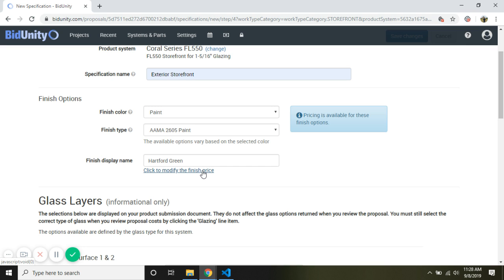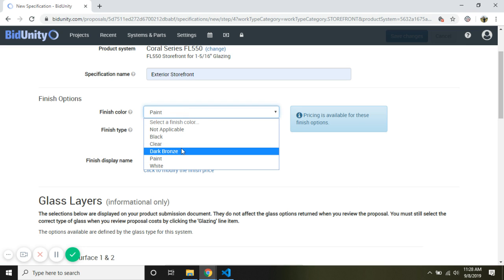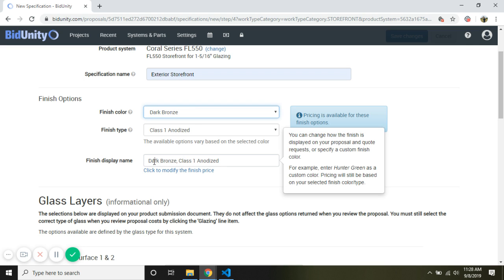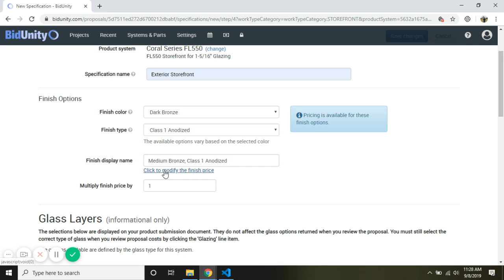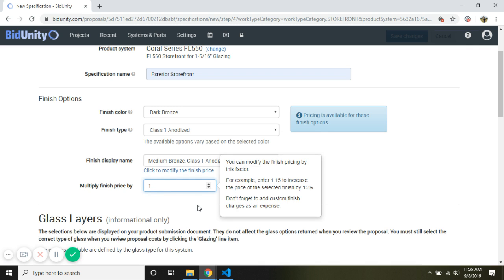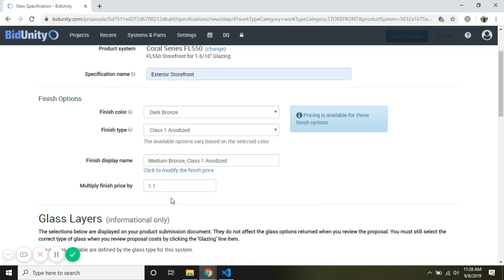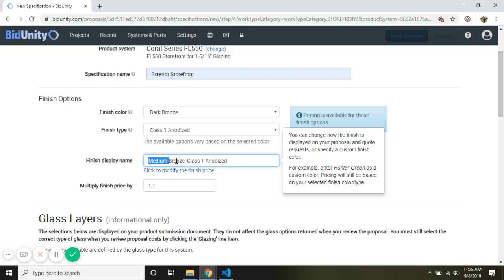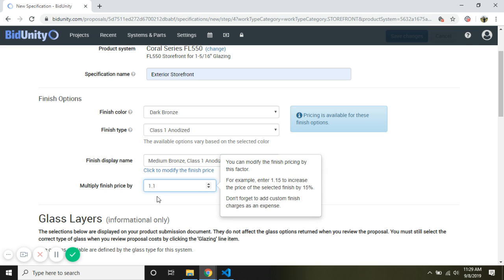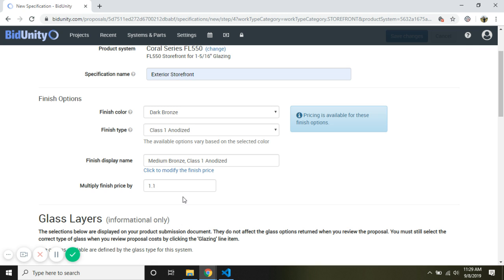And suppose that we have a situation where we have some custom special type of an anodized finish. Maybe we want medium bronze. And the supplier says charge an extra, or your cost is going to be an extra 10% on the medium bronze, then we can just simply modify the dark bronze price that's going to be looked up. The dark bronze price is going to be found because dark bronze is selected. But if we're going to be using medium bronze, we can put that on our proposal by changing this field, and we can get ourselves to the correct cost basis by using the multiplier that we have been told to